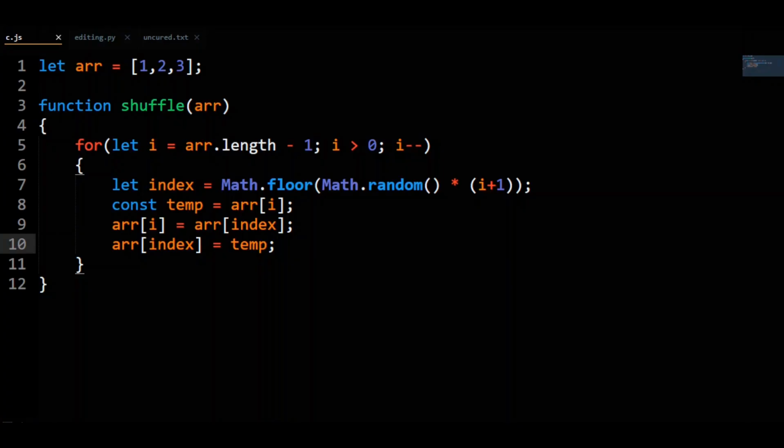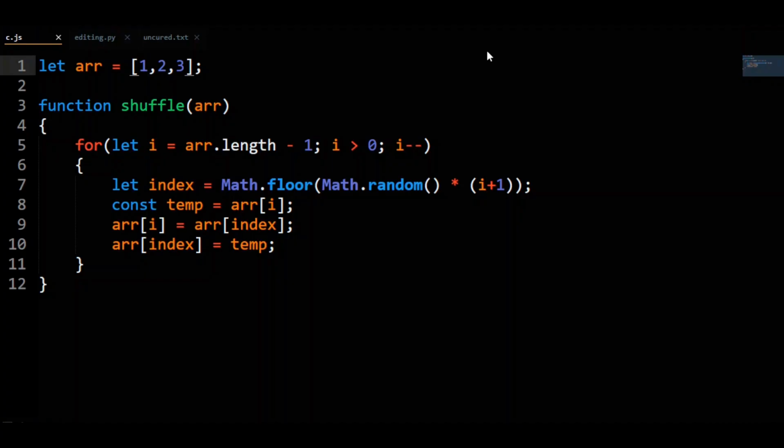That's the loop. Let's walk through the algorithm for our current array so we can understand this, stopping one short. On the first run of the loop, we are either going to swap the 3 to index 0, 1, or not move it at all and swap it with itself. Then, on to the next iteration. The element at index 1 will either stay put or swap with the element at index 0. Finally, the element at index 0 only has one option, that being to swap with itself. Since swapping with itself means that nothing happens, we skip that step in the loop as it is not needed.